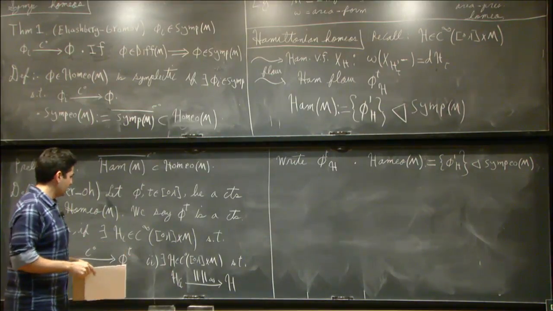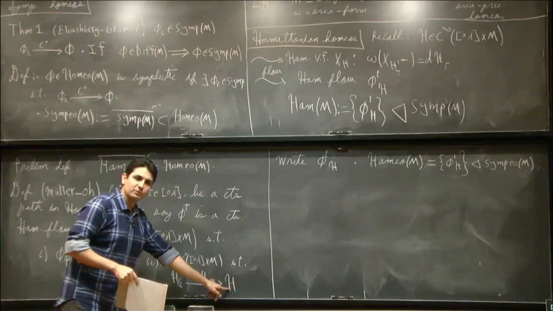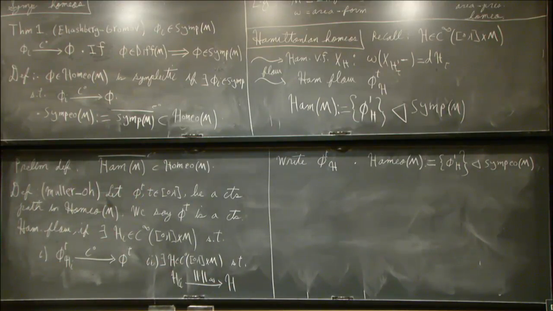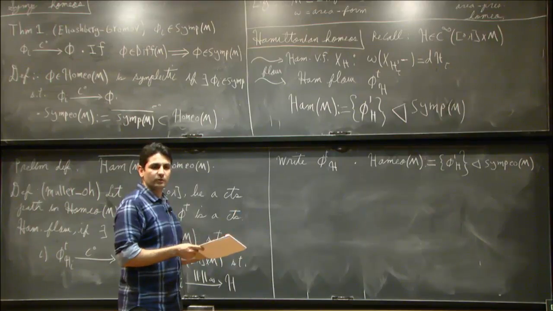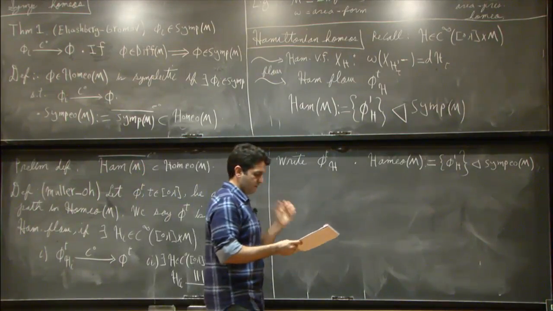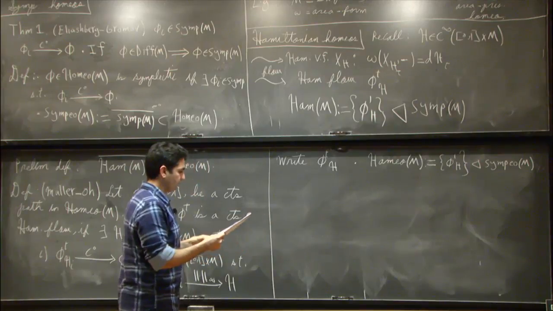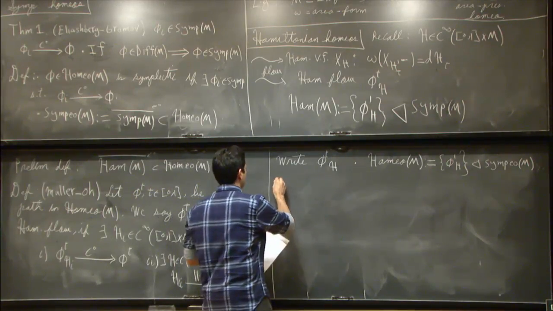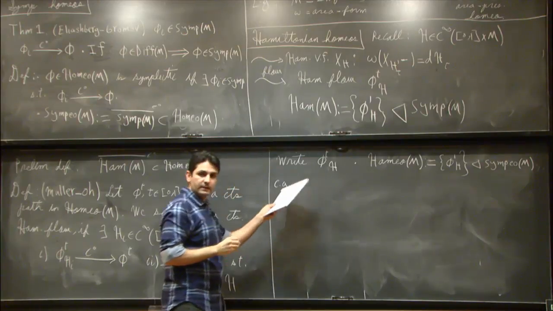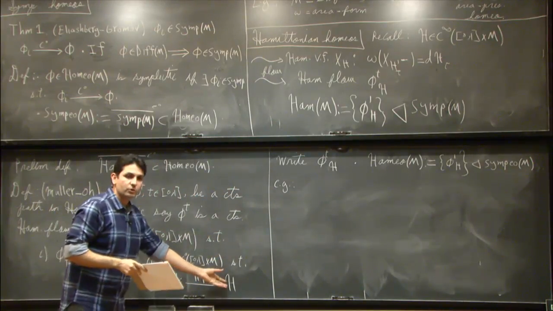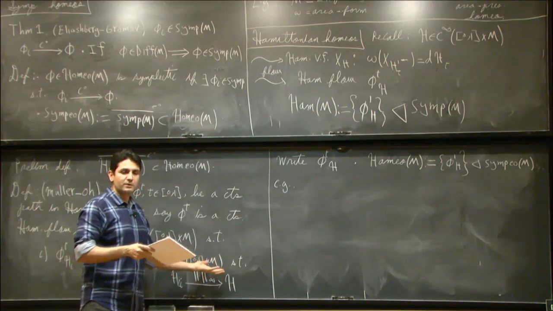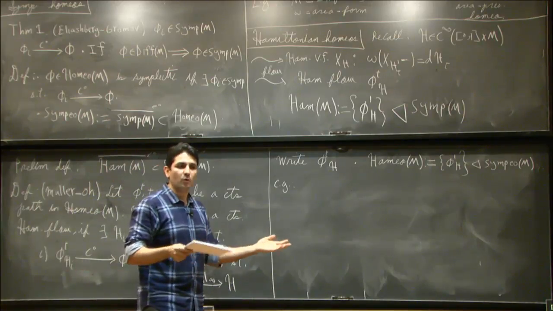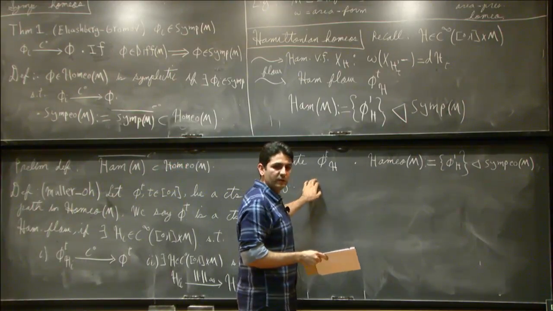If you take a sequence of smooth Hamiltonians which converge to the absolute value of x, their flows will diverge. I think you need basically the energy capacity inequality to prove what I just said. So in fact, the set of Hamiltonians which occur in this way, in some ways it's large, but it also doesn't seem to be large enough in some sense. We don't know what kind of Hamiltonians can occur. Basically, I'll give you the only example I know.